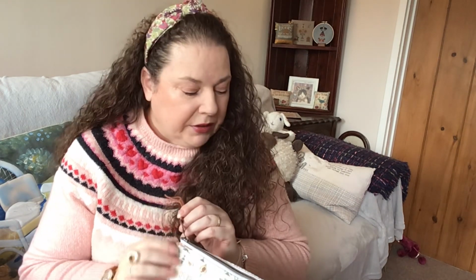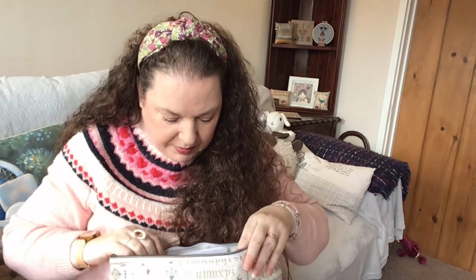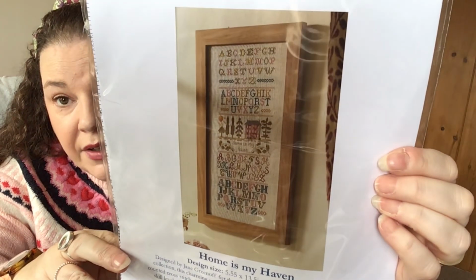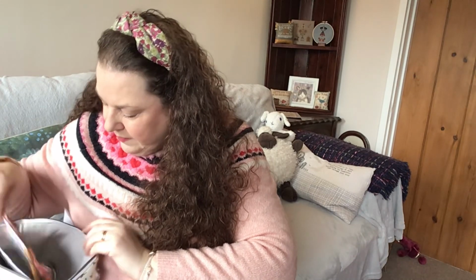And then the other one that I didn't, well, there's two others that I didn't show you last time because it was absolute chaos and I had to stop the video about 6 times, was when we went to the knitting and stitching show, me and Emily in Harrogate. I used to be a member of the Cross Stitch Guild and I decided to rejoin, and we picked up this kit, which is Home is My Haven, and the picture on this is not very good at all. So I picked mine up in Aida, I'm an Aida stitcher, and Emily picked hers up in linen, and the colours are just beautiful. So we started it whilst we were there, and these are the threads, and that's the logo for the Cross Stitch Guild,